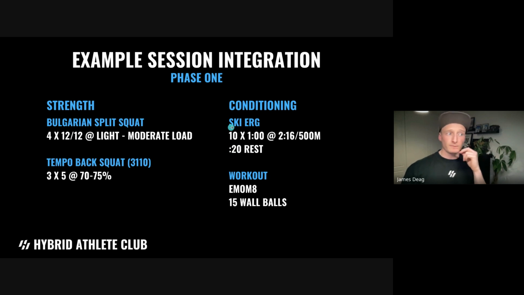So for the ski erg, can we complete 10 1-minute intervals at that target pace with a little bit of rest? And if we can, we bring down the rest, or can we increase the time that we're working at, as an example? For the wall balls, we're going to start just trying to get those wall balls done within the time that we need to do. So every minute, on the minute, can we do 15 wall balls? And if we can, again, fantastic. The progression on from that, again, would either be to increase the number of reps or go for a little bit longer with those 15 reps.